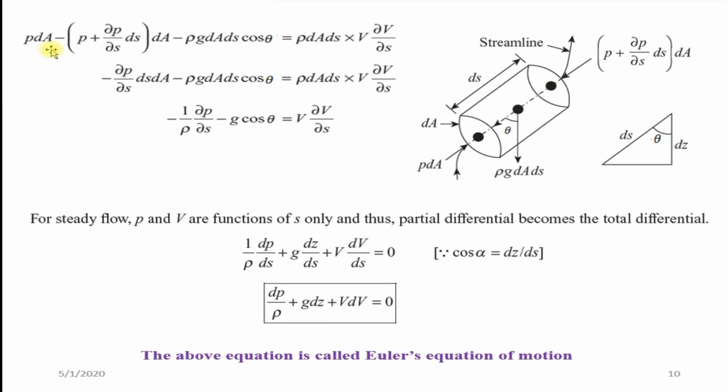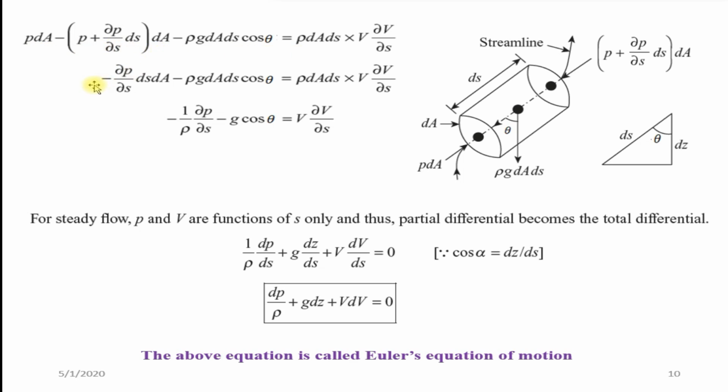P into dA minus P plus dou P by dou S into ds into dA minus rho into G into dA ds cos theta is equal to P into dA ds into V into dou V by dou S. This is the acceleration term they have substituted here. Mass is rho into volume. So if you substitute this and simplify this equation,